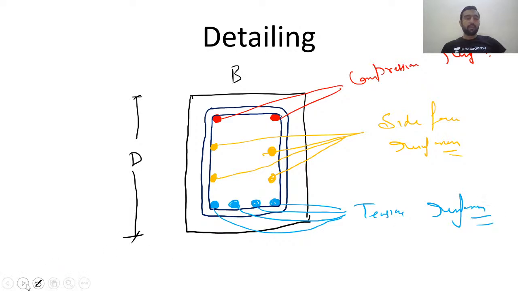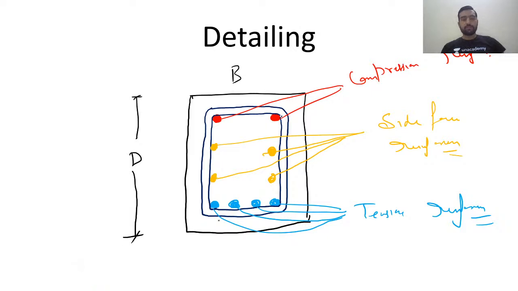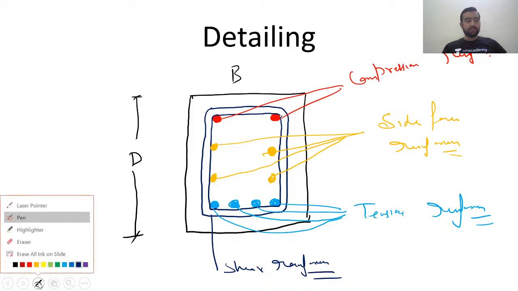And apart from this, we also have here the shear stirrup. It is shear reinforcement. So the spacing of this shear reinforcement is what we call the design of shear. So ASV is not enough; spacing with ASV is the complete design for shear. And once again I'm repeating, guys,